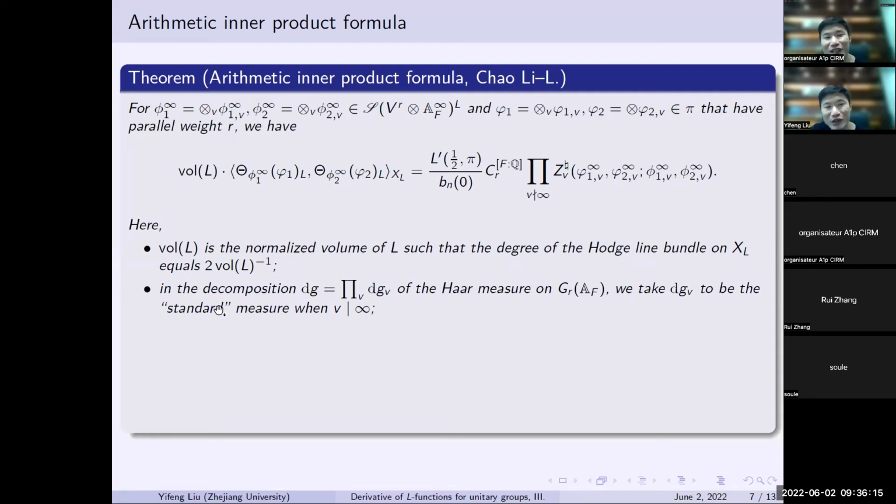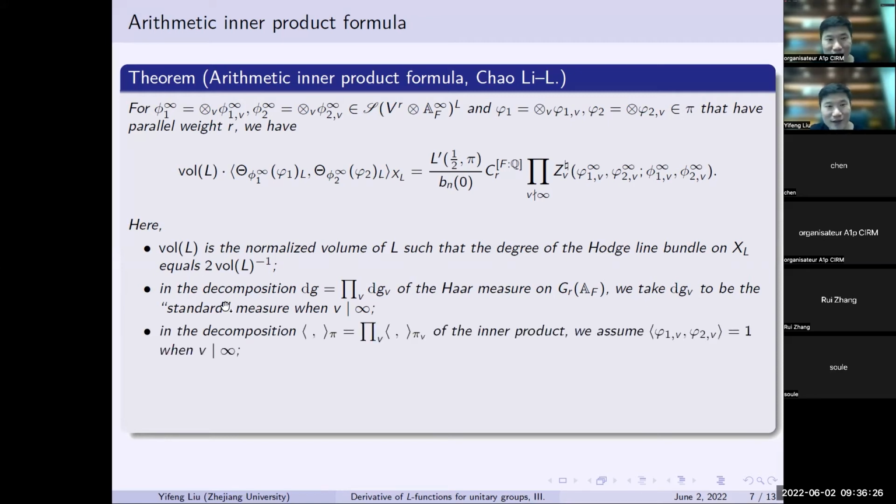So I will not give you the precise definition of the standard measure on U(R), but there is a standard one that almost everybody uses. The third one is that we also need to partially fix the decomposition of the inner product. In the decomposition of the inner product, we want the two vectors to pair with 1 at Archimedean places. Once you normalize the Archimedean components of this measure and the